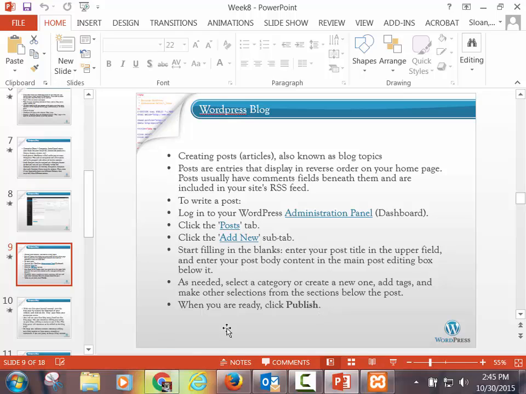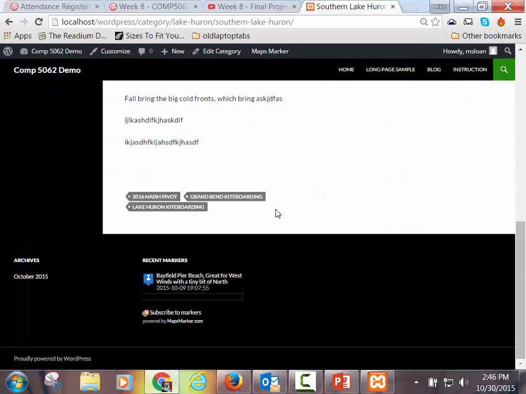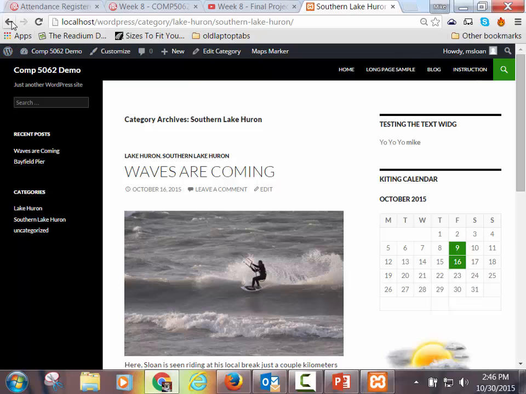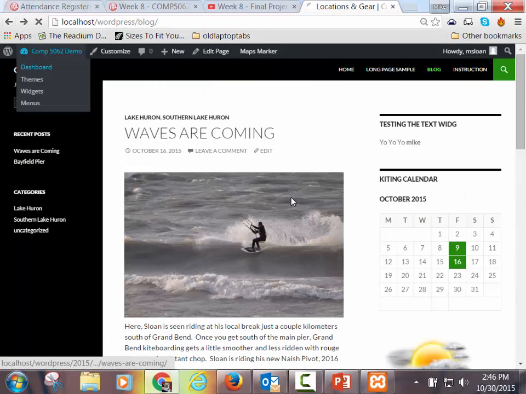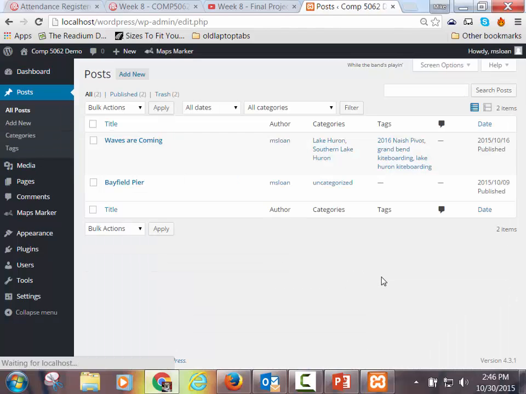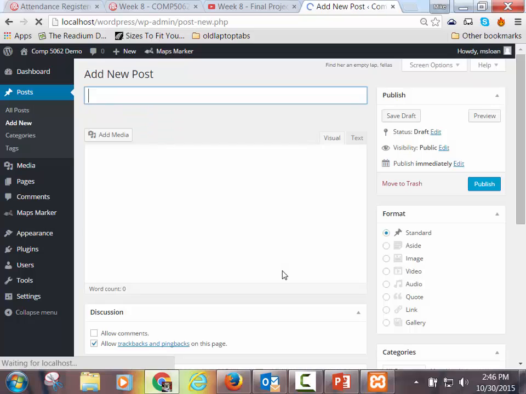So let's go back to another post. Let's go create a new one really quick, and I'll show you a couple of these things. So these are two posts that I've already created. Actually, I have them categorized right now. So these two here. If I go back to the dashboard and go to post, and let's say I want to make a new post. Add new, and this is like